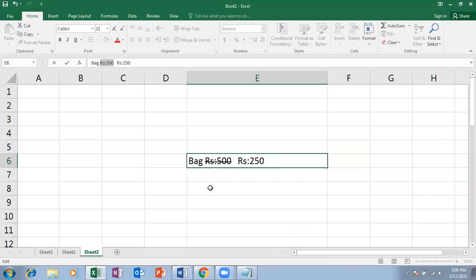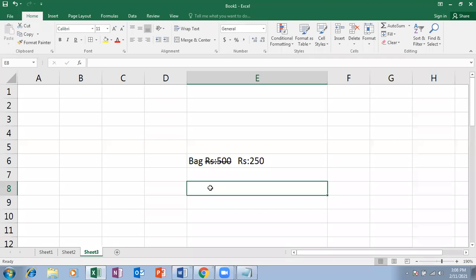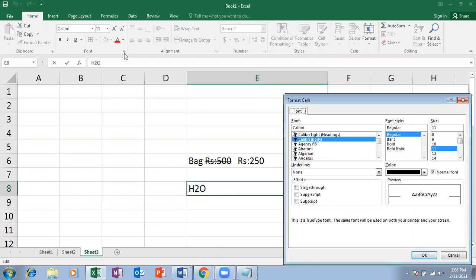And then again here, is this particular formula right or wrong? Wrong, right? H2O, the formula for water. So the 2 should be in the below base. So let me select only the 2 and click on group options.